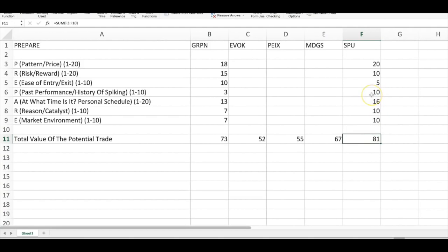If I really wanted to get particular, I think I could even up the risk reward, possibly, because if it is a breakout, it could go up $1 a share. If it's a fake out, I'm going to lose 20 or 30 cents. So I might even bump this up to a 12 when I was buying it. So anywhere, as you can see, compared to what we were watching pre-market in the earlier video, a clear difference in terms of